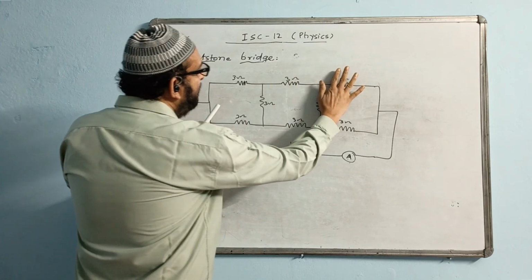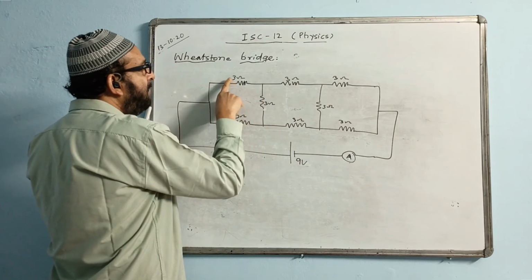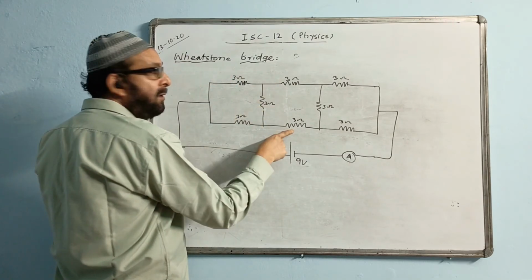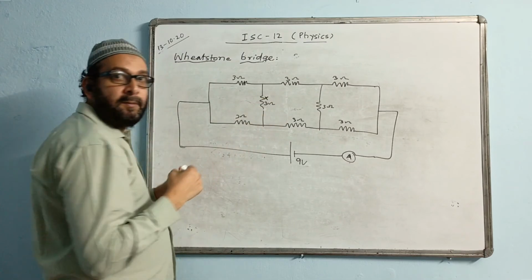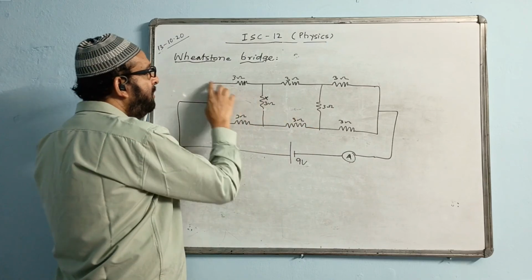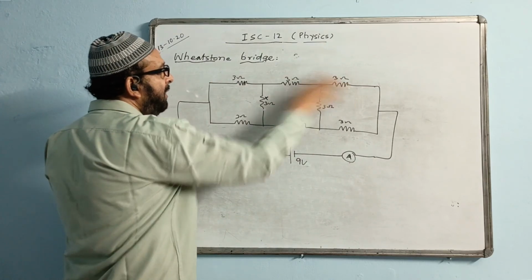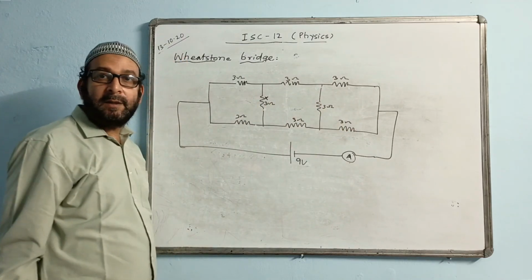First, at a time we'll see 4 resistors, 1, 2, 3, 4, and this is the central part. See, are the ratios same or not? 3 by 3 equal to 3 by 3. That is 1:1. Then in this part we have no current. From here till here is series. Then what is the total value? 6, and this is 3. 6 by 3. Here also we have 6 by 3. The ratios are coming equal.